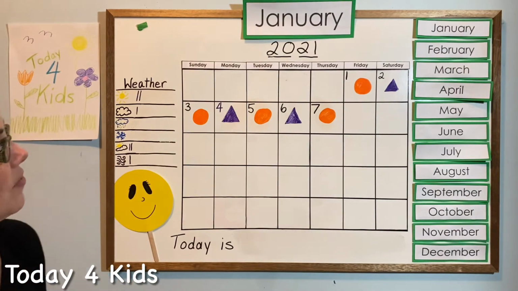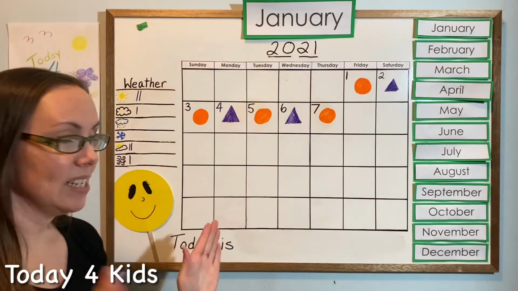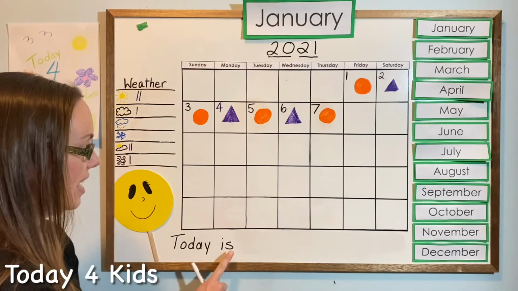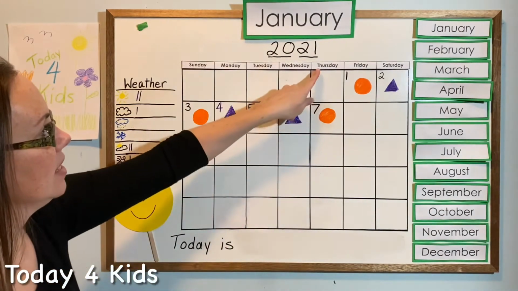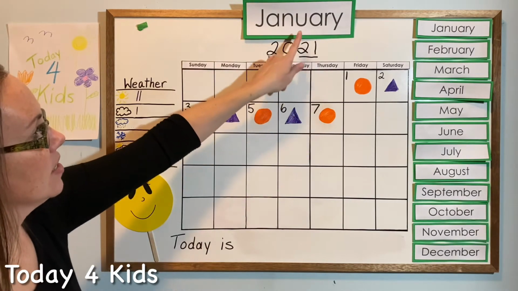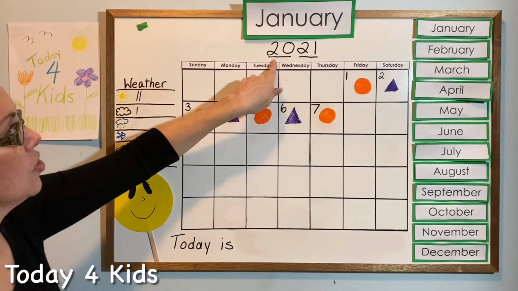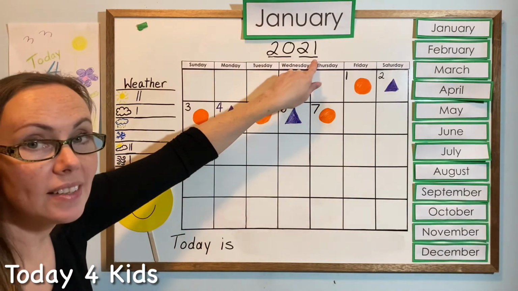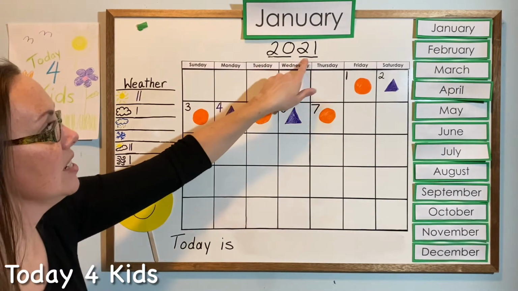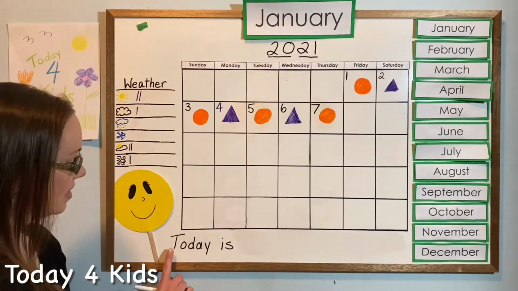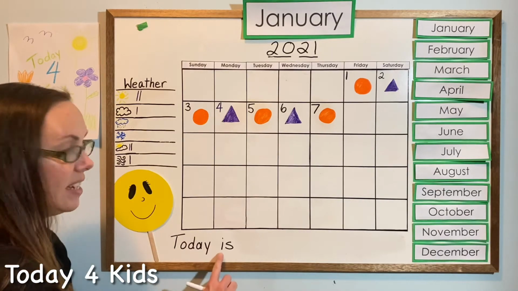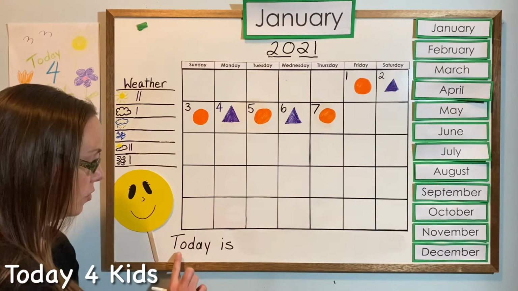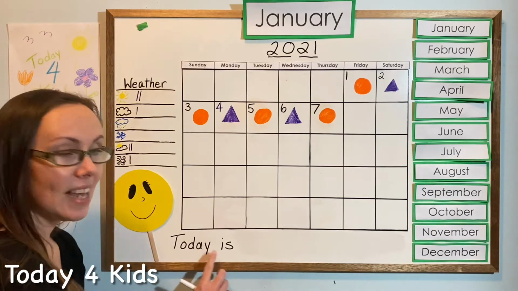Okay, so let's figure out the whole date and we'll put it into our sentence here. Today is. So let's see. Thursday, January 7th, 2021. So our sentence is, today is. So it has 2 words. The first word is today, and the second word